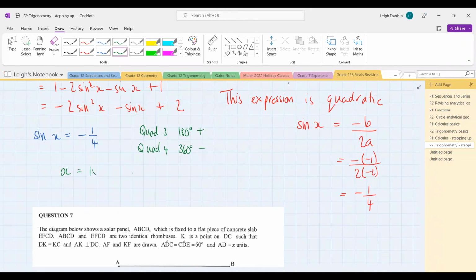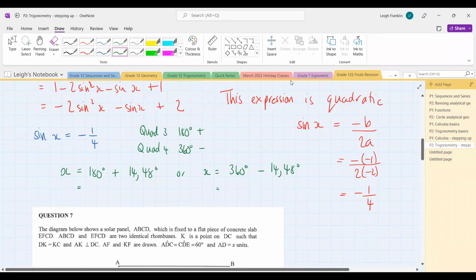is going to be equal to 180 plus our 14, what did you guys say it was? 14.48, there we go. Or x is going to be equal to 360 minus our 14.48. Okay, so there are 2 different places where the length of the line will be at a maximum. Either, so this would be at